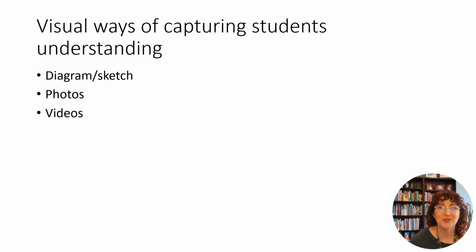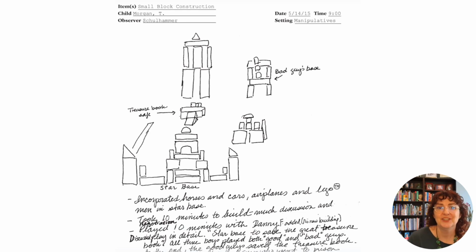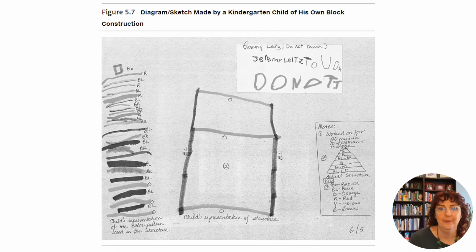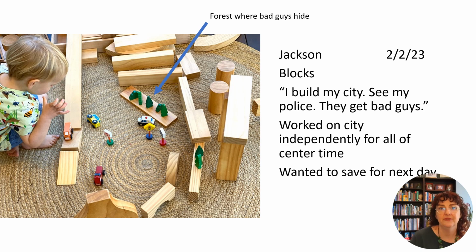There are lots of visual ways to capture students' understanding. At this point, the text goes through diagrams and sketches, but in reality, even 20 years ago in my kindergarten classroom, we just took photos of things we wanted to make sure we captured. So you can draw pictures and then take notes. You can write anecdotal notes on things that the children have done where they've drawn the pictures. And then you can also take a photo and then take notes about what the child said about what was